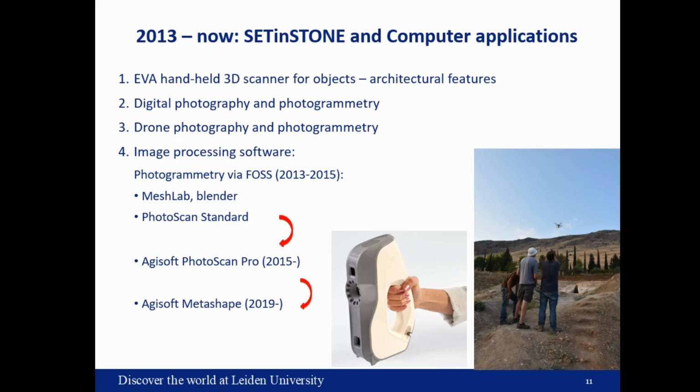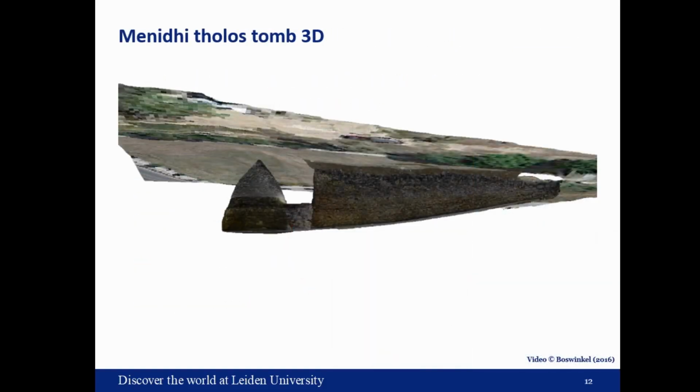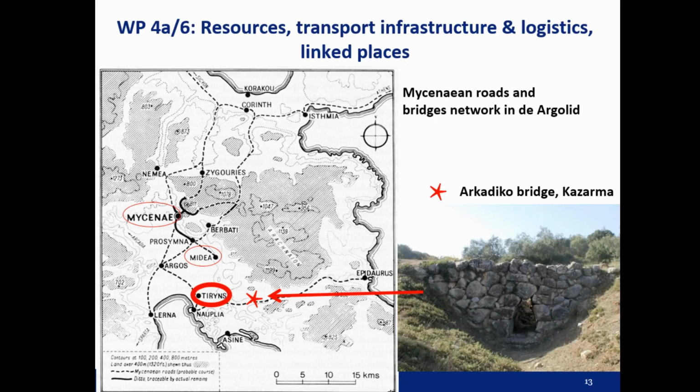The problem there was that these models that we created could not be georeferenced. So we had to move to Agisoft Photoscan Pro, which allowed that. And since then, we've moved to the next version, Metashape. I will skip this because it's going to take a bit too much time. So let's say the FOSS was not really possible within the 3D documentation of the architectural features